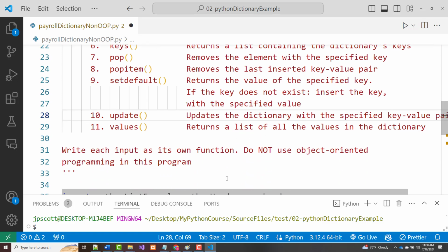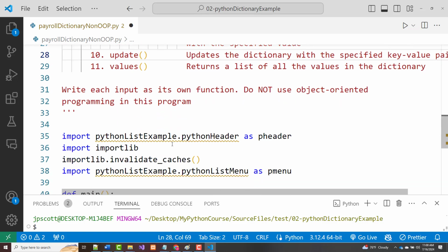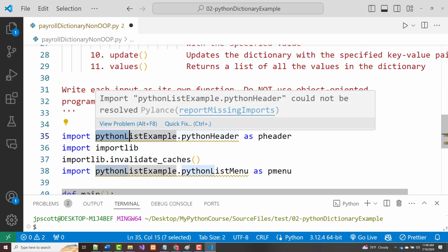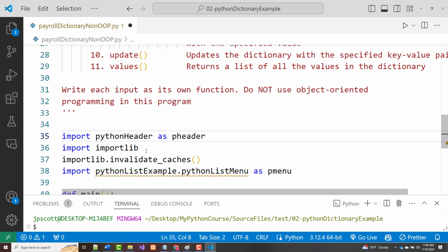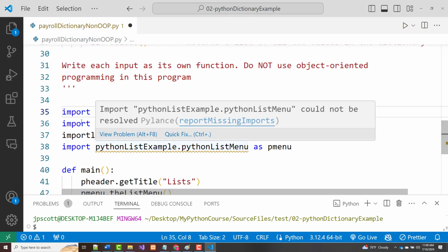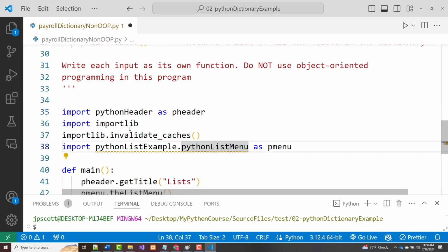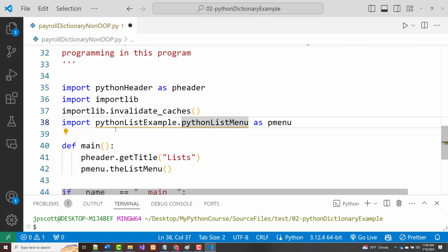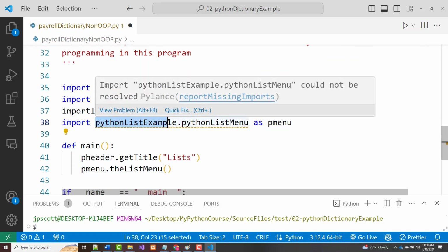All right, so there's not a lot I have to do in here. Now, this is wrong, but I've got a Python header, I believe, and if I don't, I'm going to get one in a second. So Python header as p header, still putting an importlib to invalidate the cache. Here, this is not going to be this. This is going to be